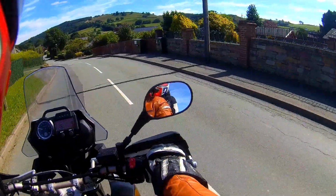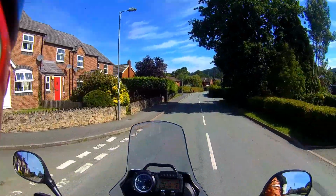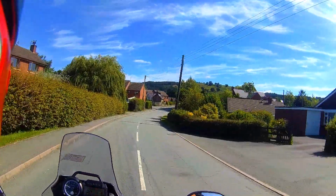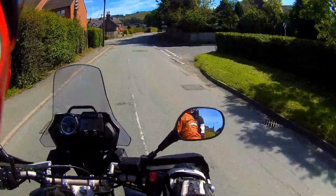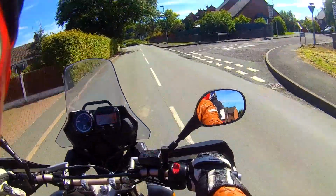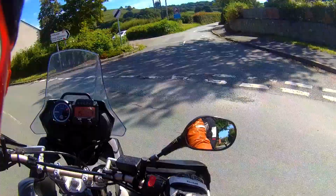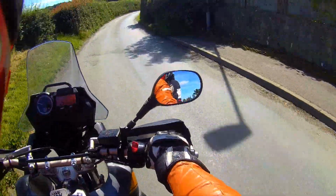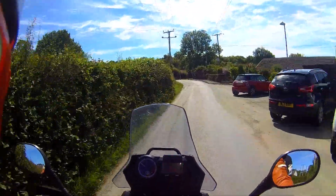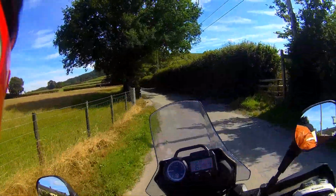Bikes everywhere today. Julie just said there's a lot of bikes around. Gonna go up the long mountain now. Race bike behind. There's a lot more torque in the T7. I'm not running this bike down because it's a lot less power, but